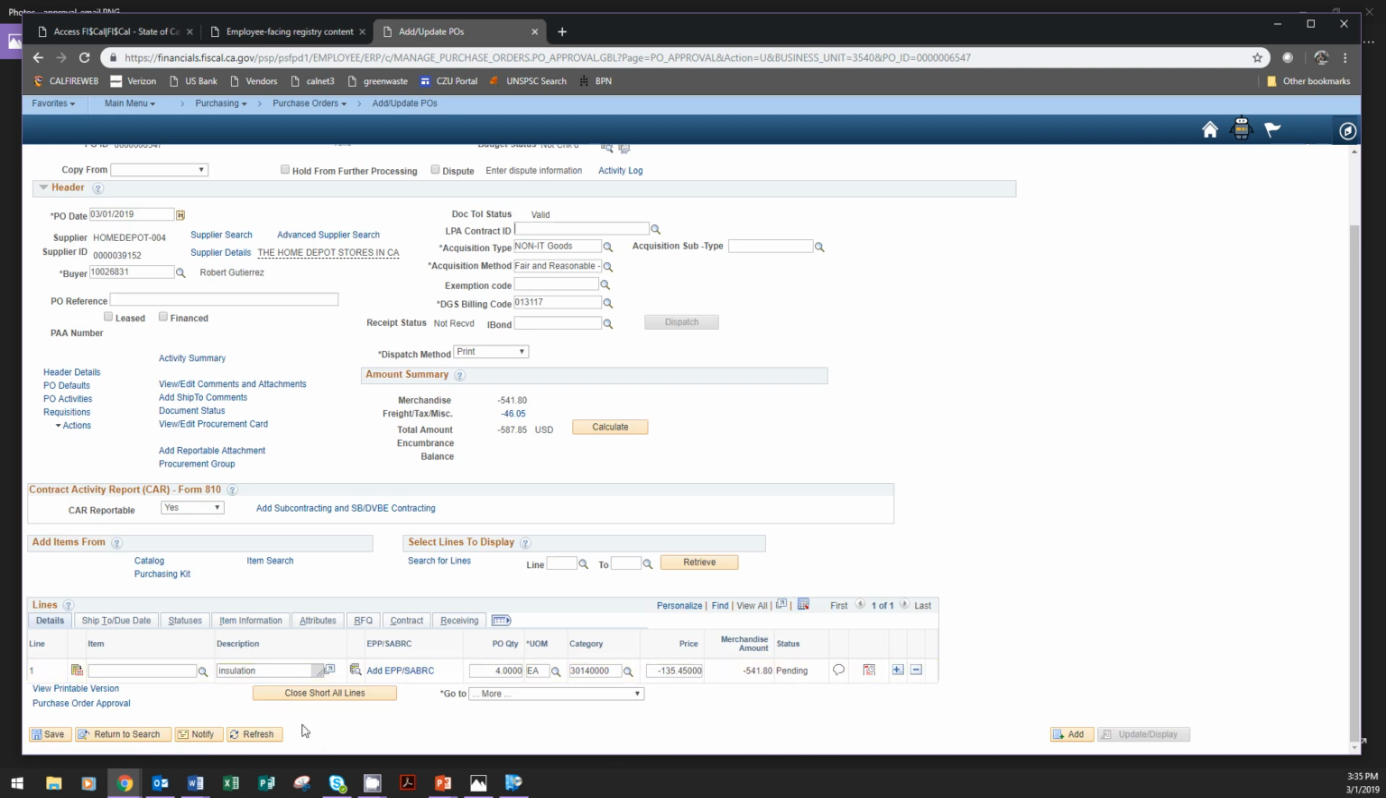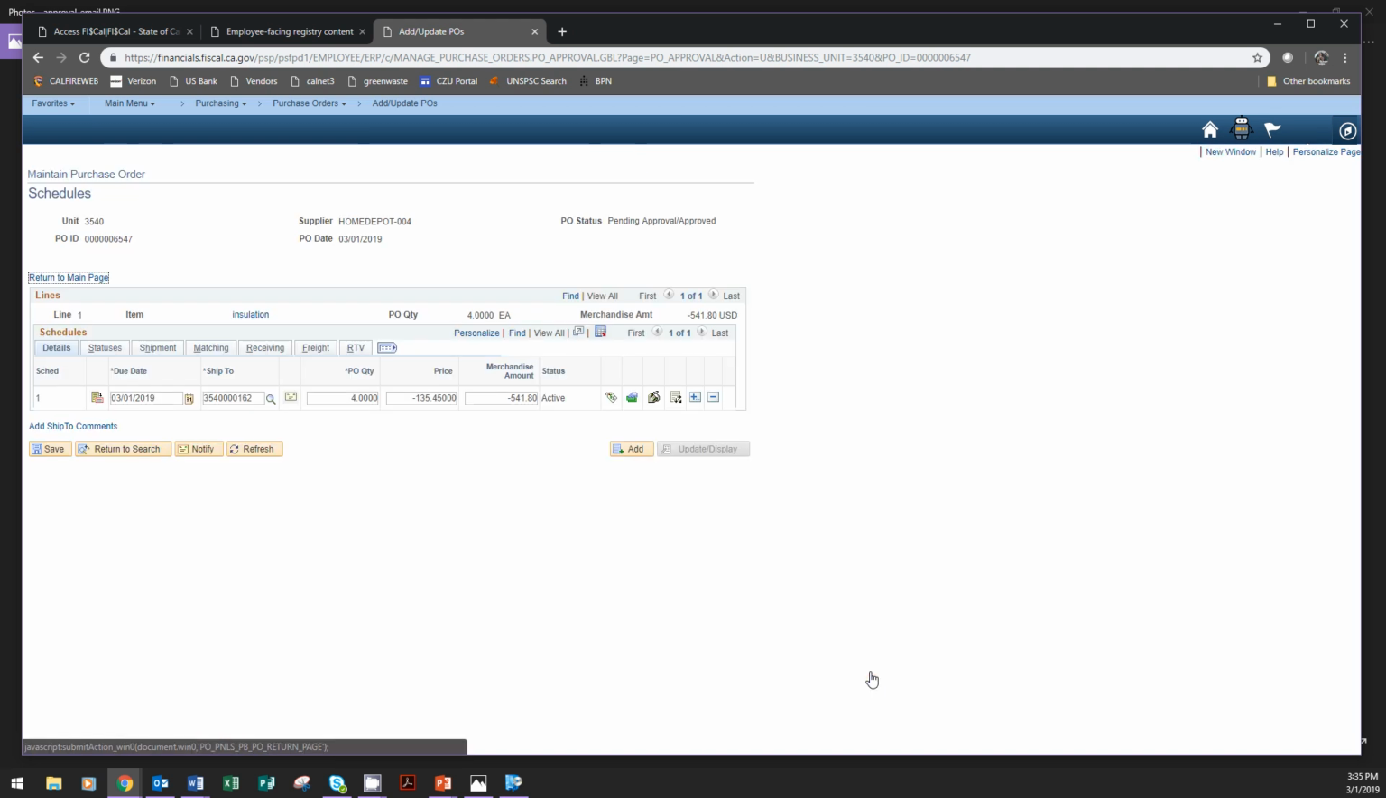Finally, you'll get down to the bottom and you'll check the line items. This one I chose at random happens to be a credit, but whatever it is, you want to make sure that there's a description, purchase order quantity, a good category, the price. You'll go here into the schedule icon,